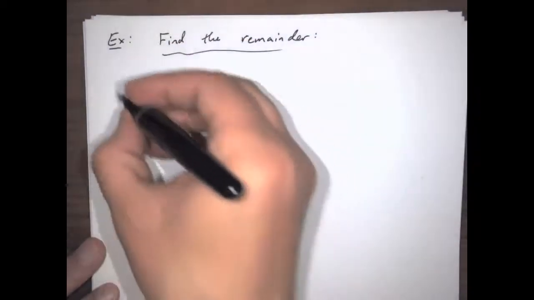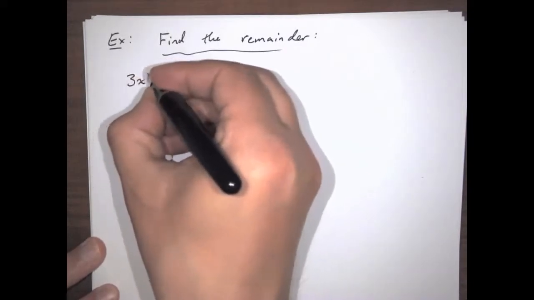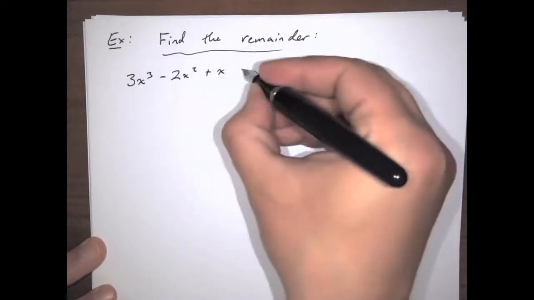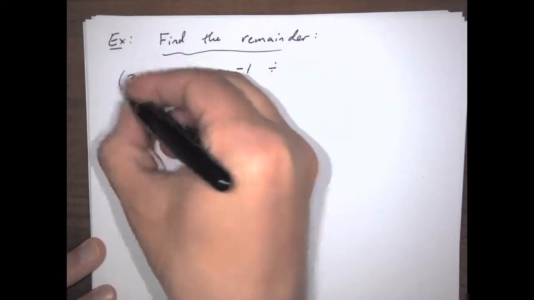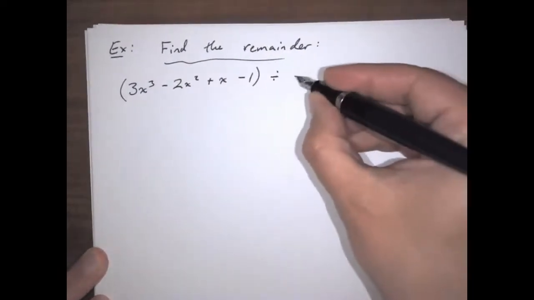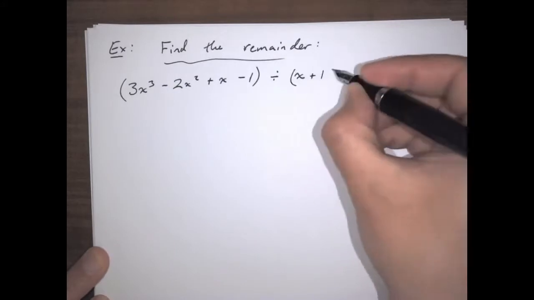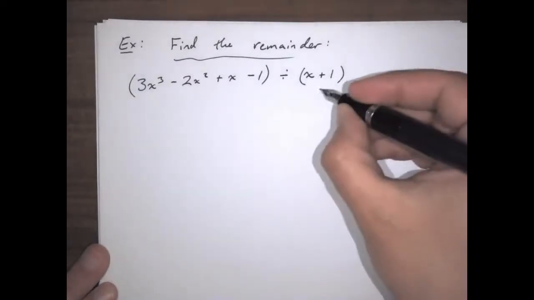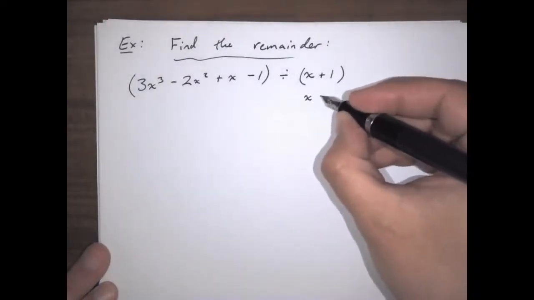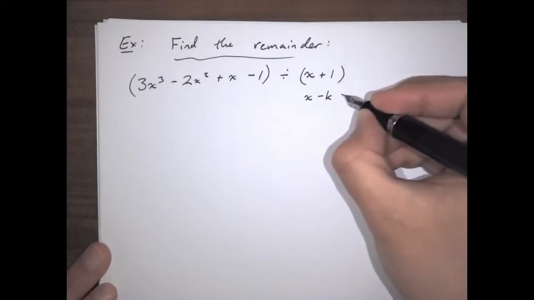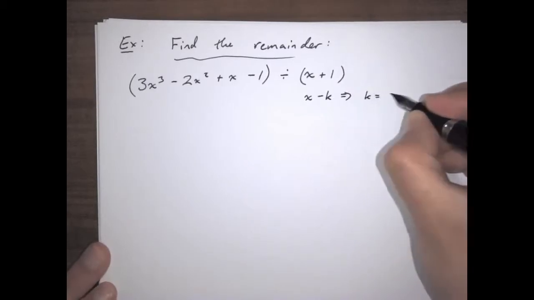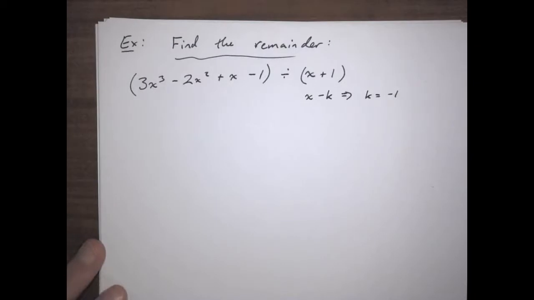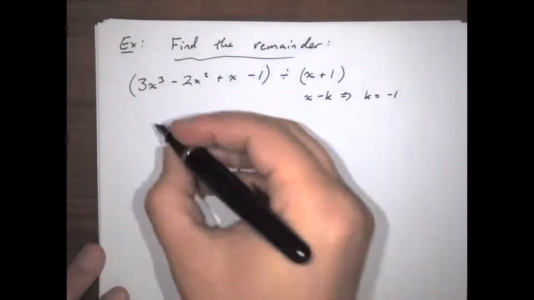So for example, let's take 3x cubed minus 2x squared plus x minus 1 divided by something like x plus 1. Okay, so this means we're talking about x minus k, where k is minus 1. So k is negative 1. Okay, so then to use synthetic division,